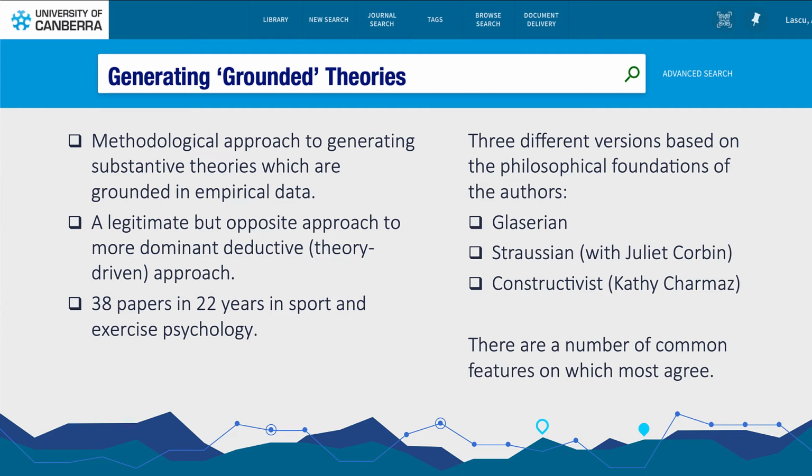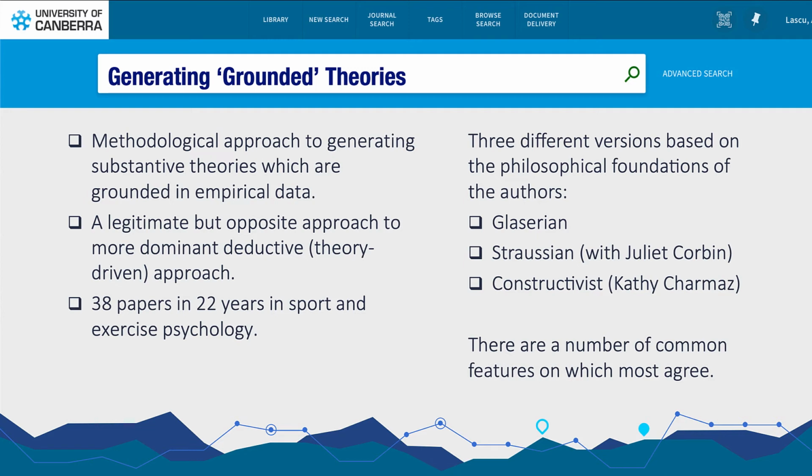When we look at the qualitative side, we have the notion of generating grounded theories, which is a methodological approach to generating substantive theories which are grounded in empirical data. It is a legitimate but opposite approach to the more dominant deductive or theory-driven approach that we've just discussed. There have been 38 papers in 22 years in sport and exercise psychology based on grounded theories, and there are